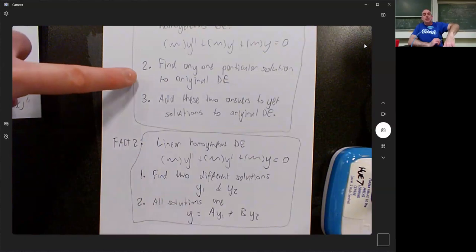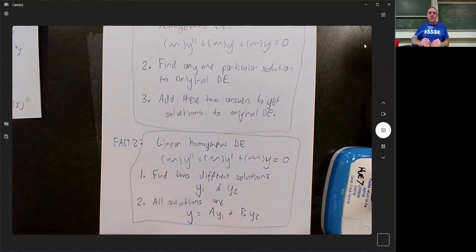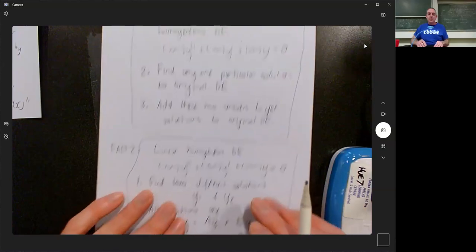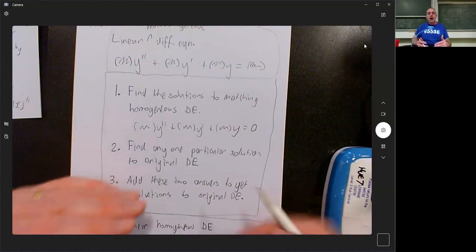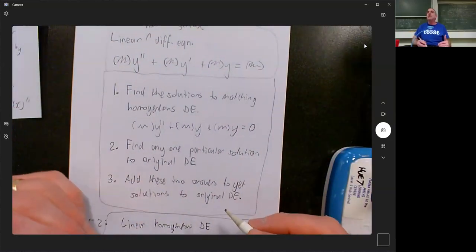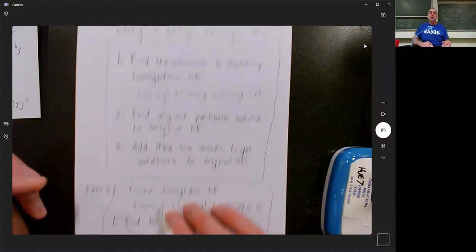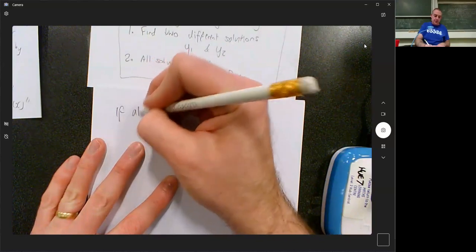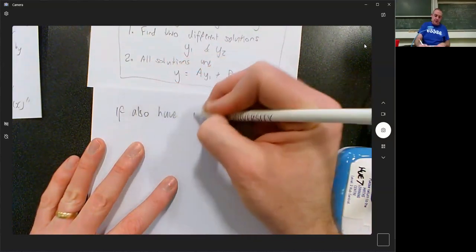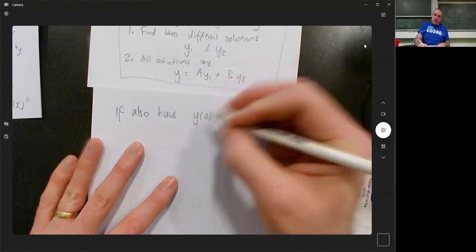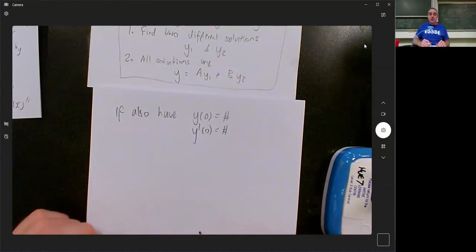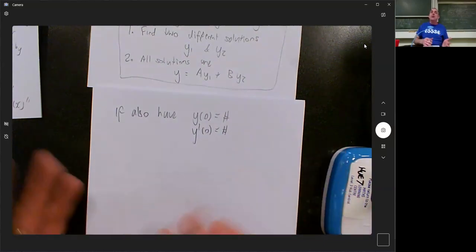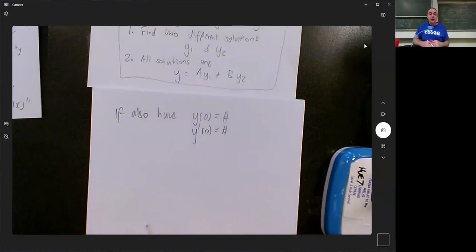Yeah, and I will say the secret last step to all of this is that if you also have information about what y is at certain x's, then after you've done all of this, you can sub it in to find the actual final answer. So I'll just add that. So if you also have, you know, y of 0 equals a number and y dashed of 0 equals a number, or something like that, or y of 0 equals a number and y of 10 equals a number, or any two bits of information about the function y, then